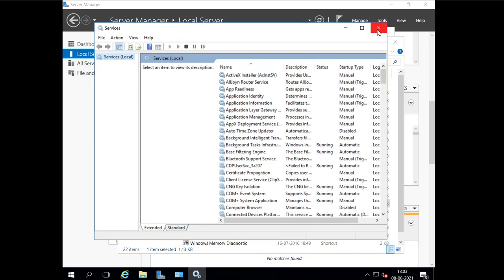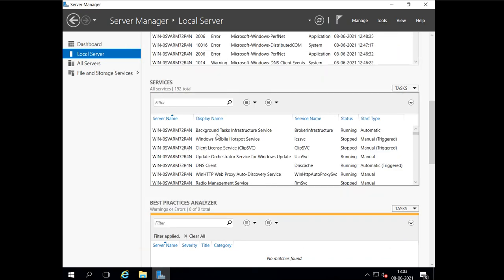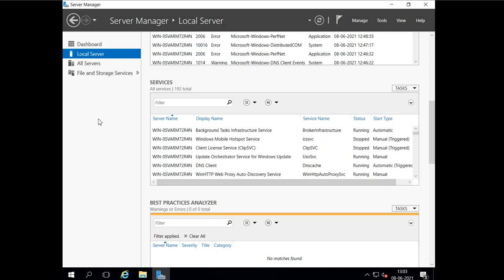And even if we install some services, like DNS services, it will show the services and the events related to that particular service. We can manage this from here in the server.